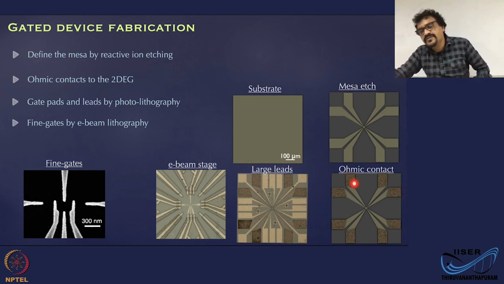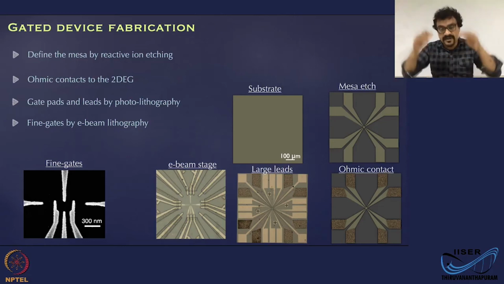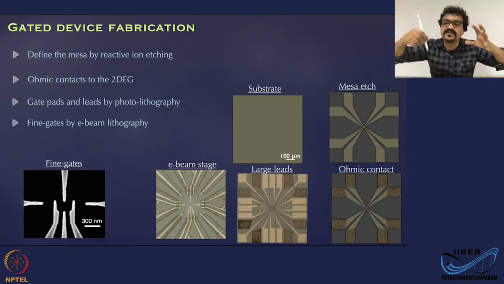What you do is you diffuse some dopants in this region, either by ion implantation, or by some technique called alloying, where you make those regions degenerately doped, from top to bottom, top to the well. So this region will act like the ohmic contacts, or metals, which contact the 2-dimensional electron system